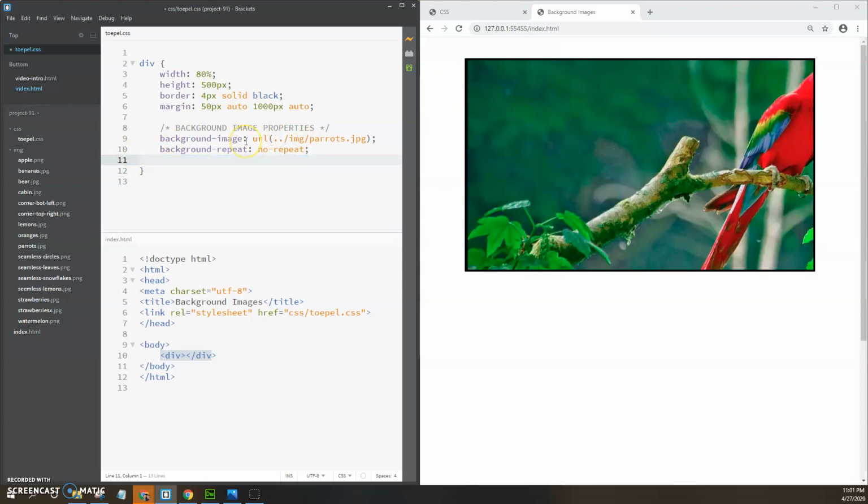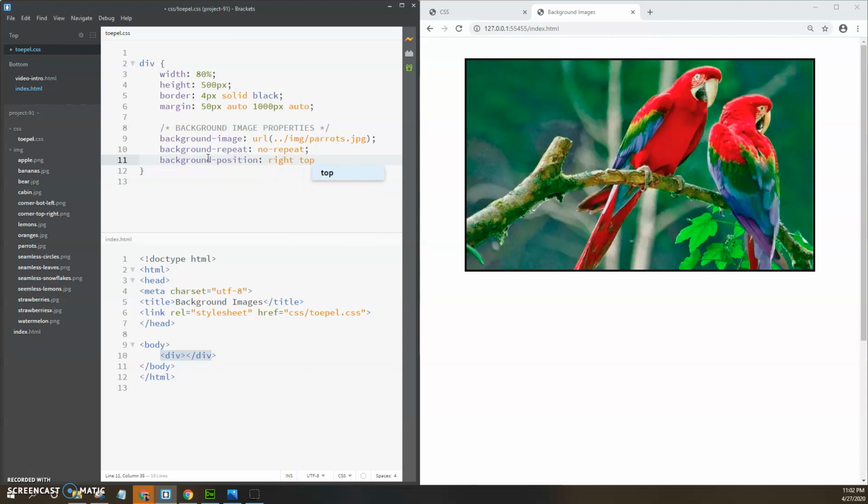Now, this image is big, and I want to see the parrots. Right now I'm chopping off this parrot. So if I go to background position and I do right top,